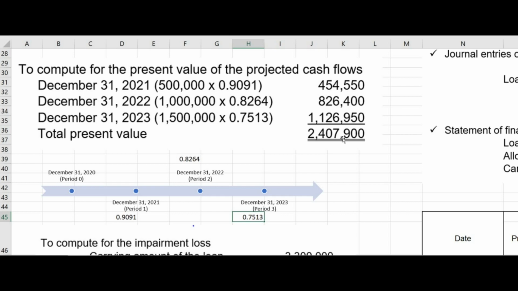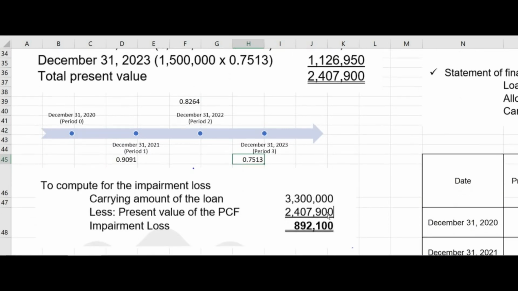So, that amount, i-compare natin sa ating carrying amount ng loans. So, yung carrying amount ng loans, that is composed of the principal plus your accrued interest. So, in this case, that's 3,330,000. So, the present value of the future cash flows is 2,407,900. So, therefore, the impairment loss is